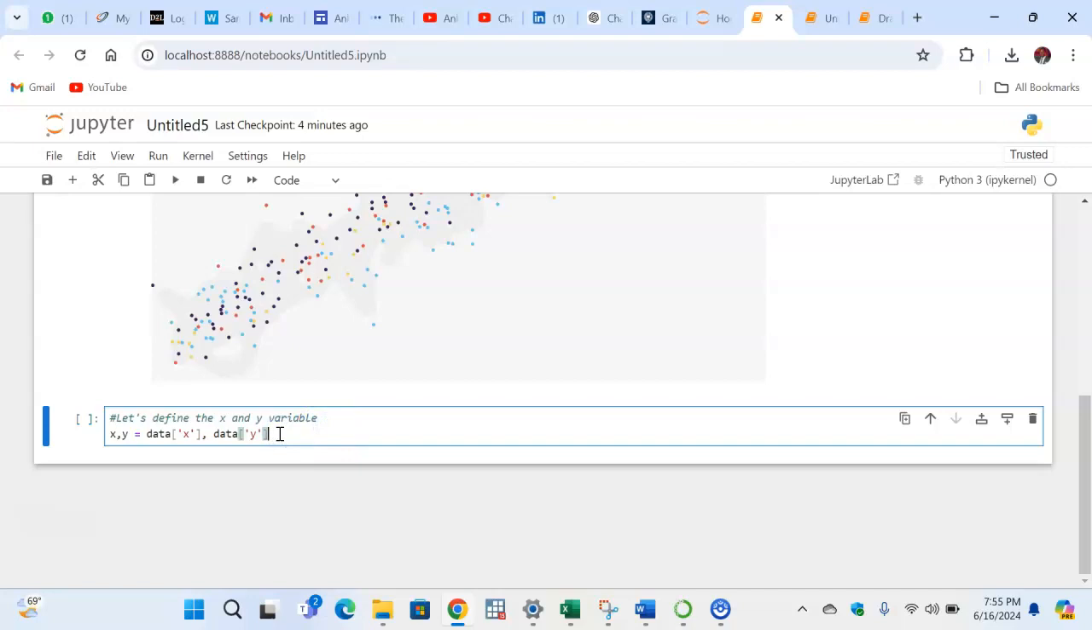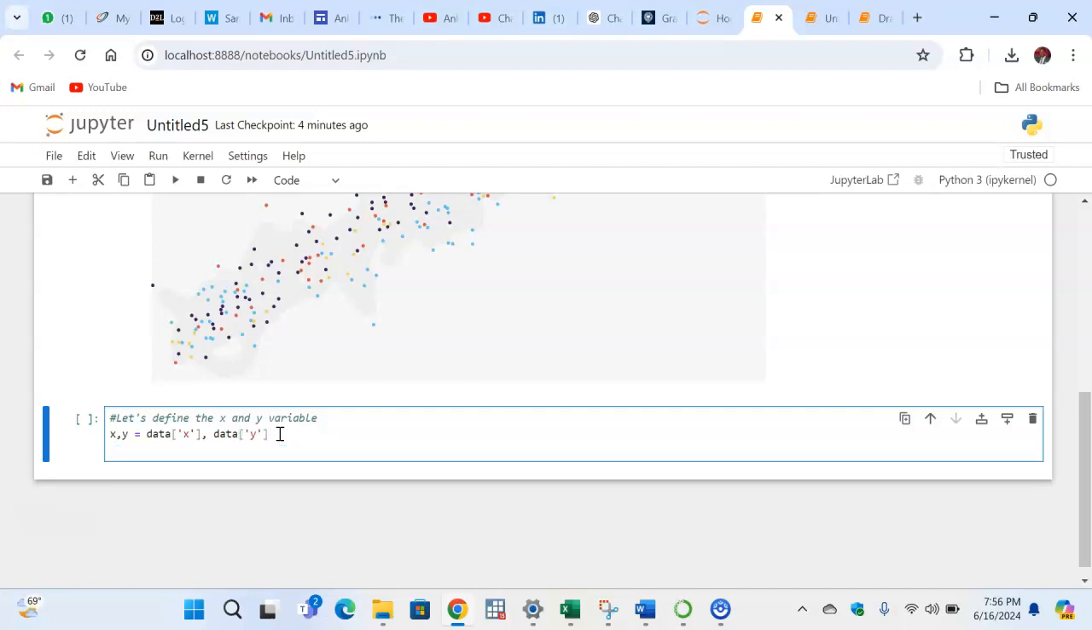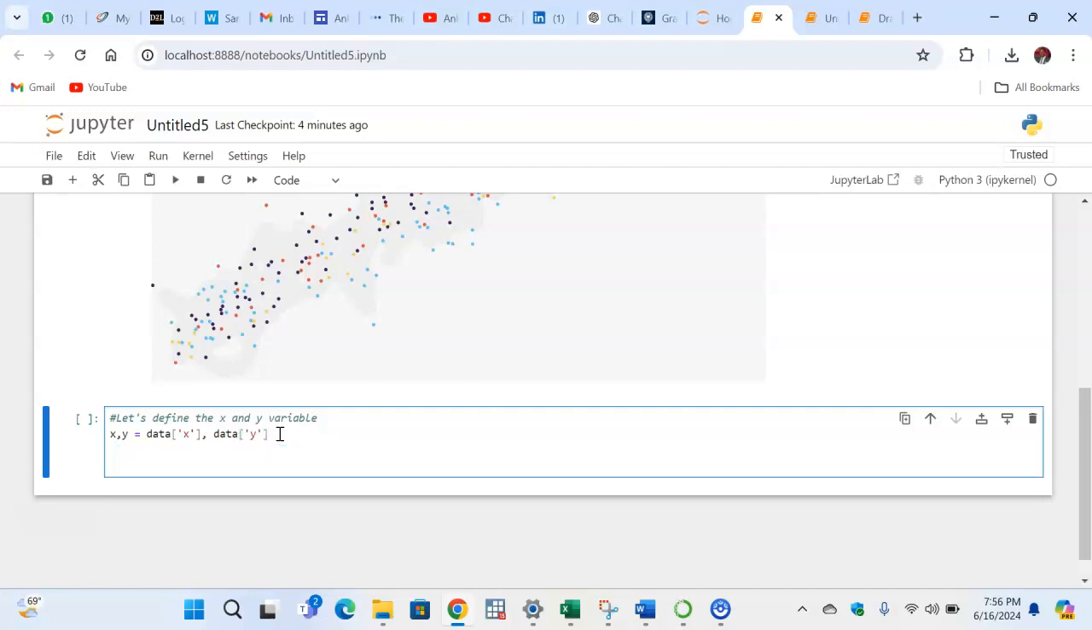So through this you've told Python that whenever you see x in my data, that's my x variable. And whenever you see a y in my data, that's my y variable. So proceed and say, now we've defined it. Now let's do the plotting. So plot the scatter